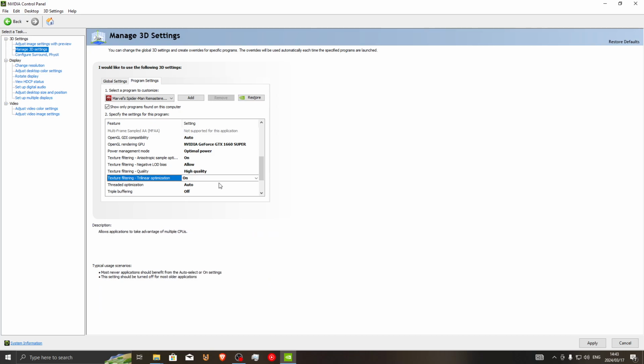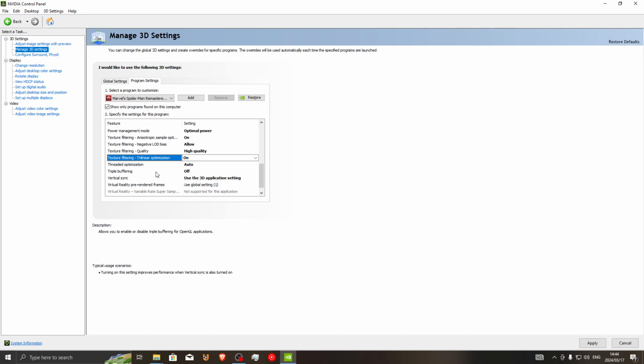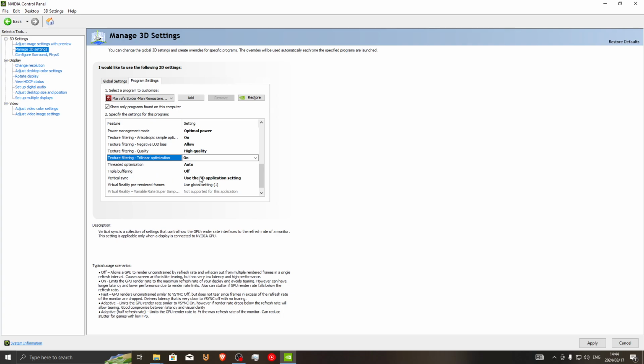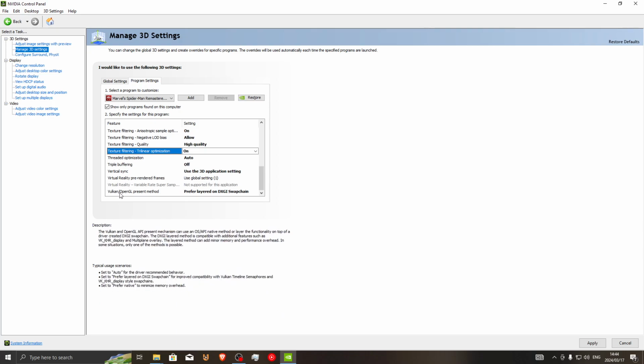Texture filtering, trilinear optimization, turn that on. Threaded optimization, leave that on auto. Triple buffering, turn that off. VSync, use the application settings. Virtual reality, we don't need any of this. Now Vulkan and GPU. Now I mess around with this a little bit. People say don't mess around with it because it can mess up your graphics card or it can mess up your stuff. No. Alright, preferred layout on